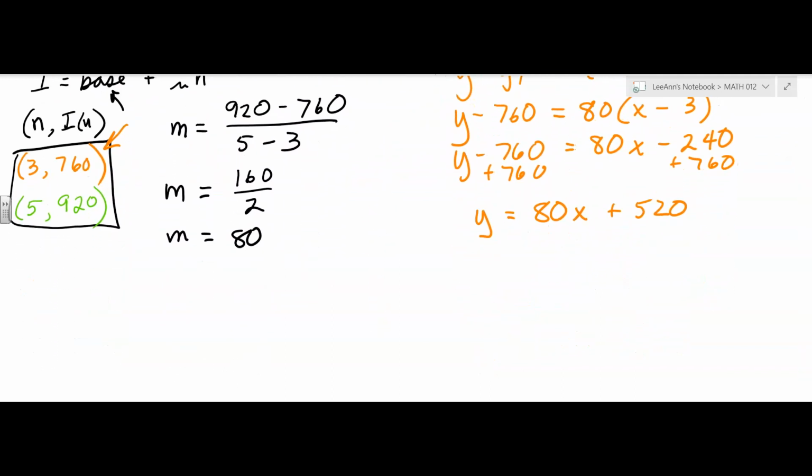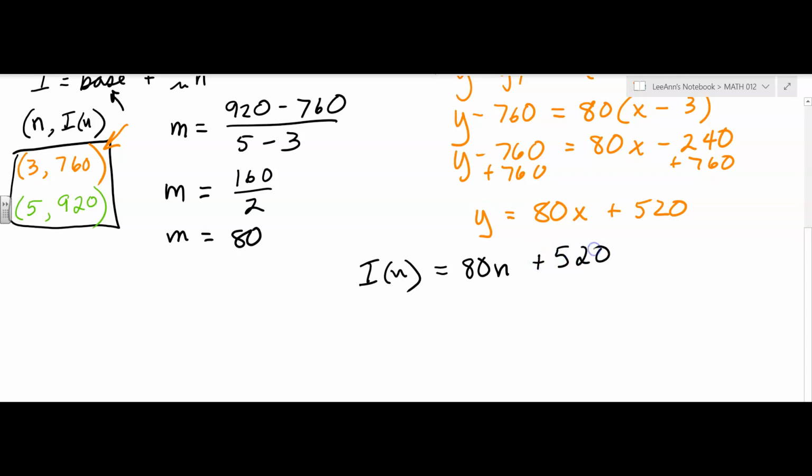So I'm going to write my function, I of n. So my income, or Isla's income, based on the number of new policies he sells in the week, is equal to 80n. Make sure you put an n there, because this is in terms of n. They gave us that we're going to use n for the input, plus